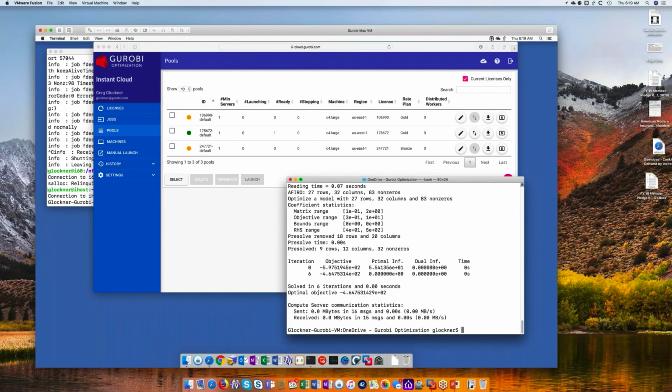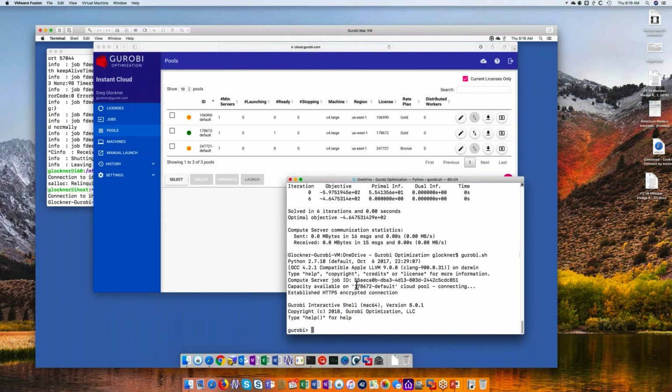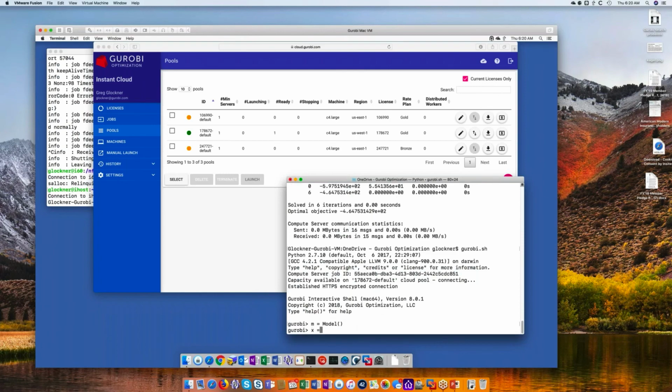If, say, I want to use the interactive shell, it will also work with the cloud. So it took a brief moment to create the connection. It says a job ID, there was capacity, and it started the encryption connection. So anything I would want to do in interactive mode with Python, I could say create a model, create some variables,